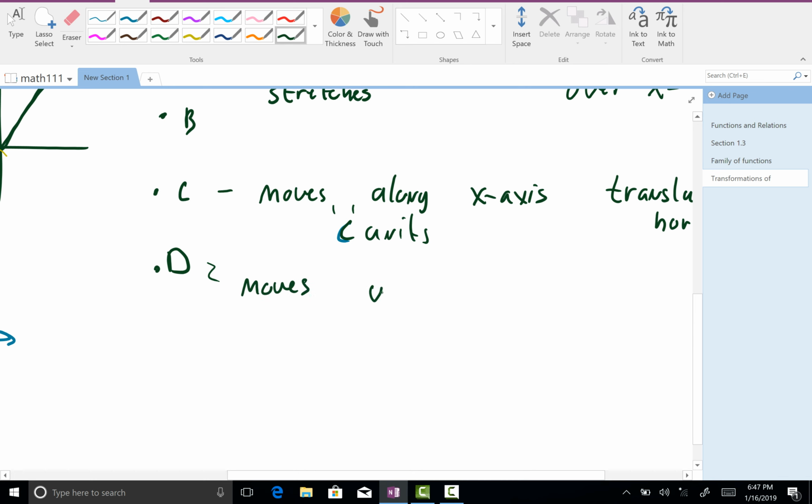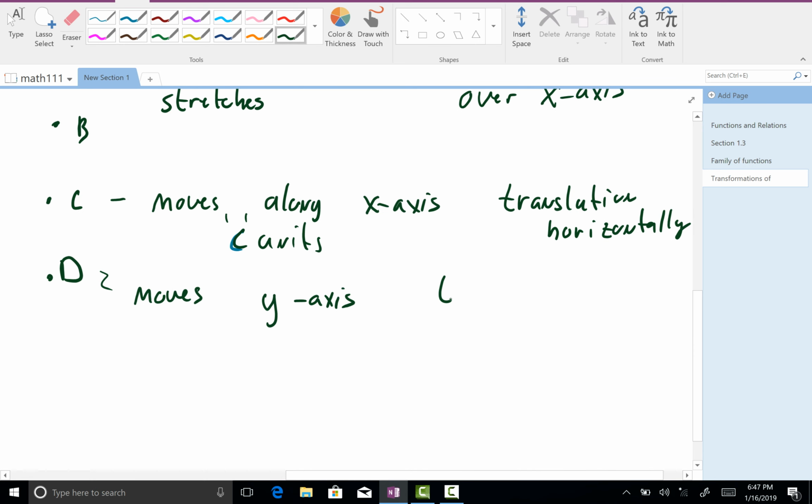Moves on the y-axis. Okay, good. So we'd say that's a translation vertically. Mathematically, that's what we would say. Okay, if you're